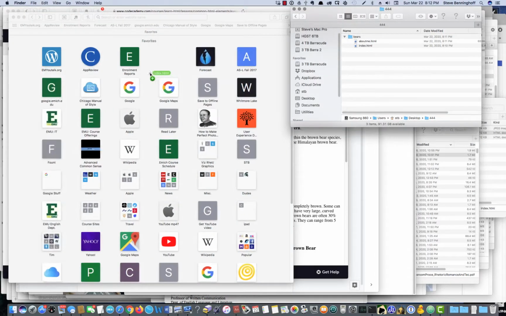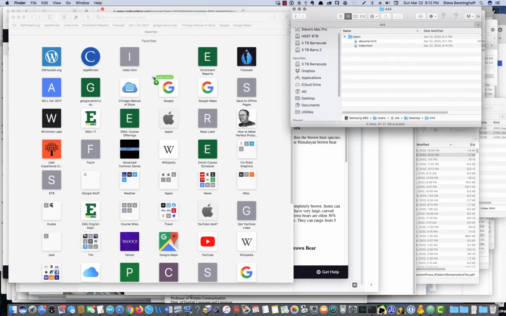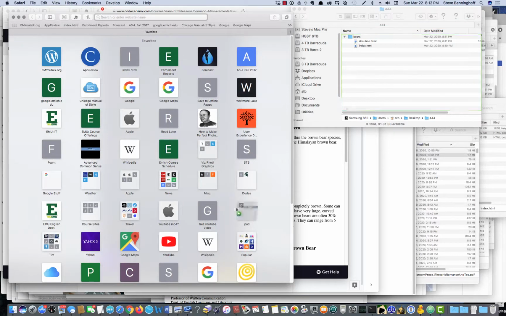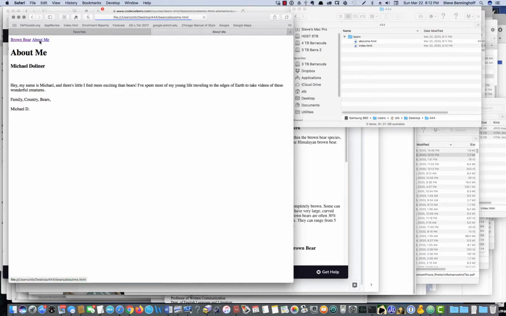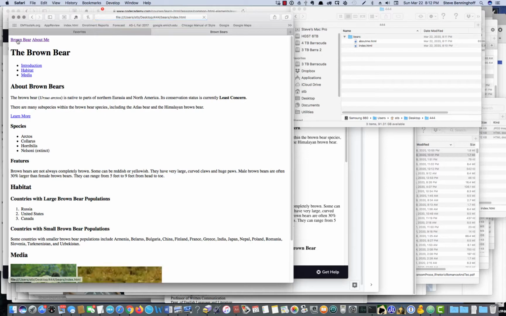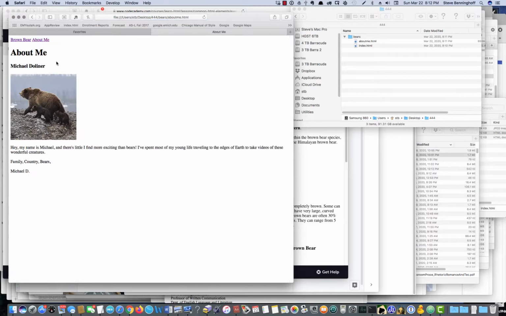So if I drag the index page on here, why aren't you working? I'll drag it on the icon. There we go. The page loads, and notice that it says File, Users. It's found the folder on my desktop, and it's reading off of my desktop just like as if it were on the web, but it's not. It's not out on the web, and the links here still work just as if they were. But now, in order to get that up on the web,